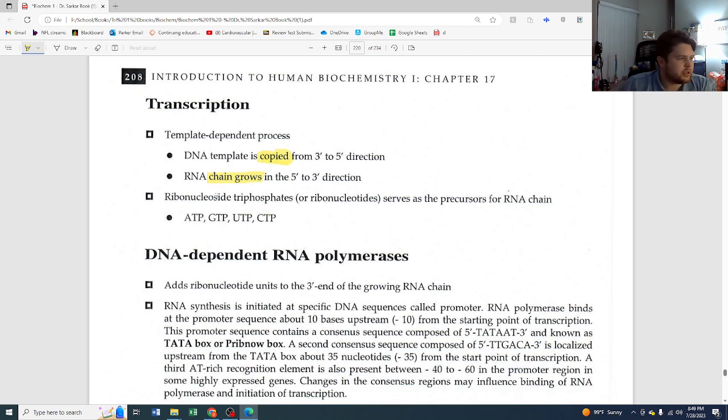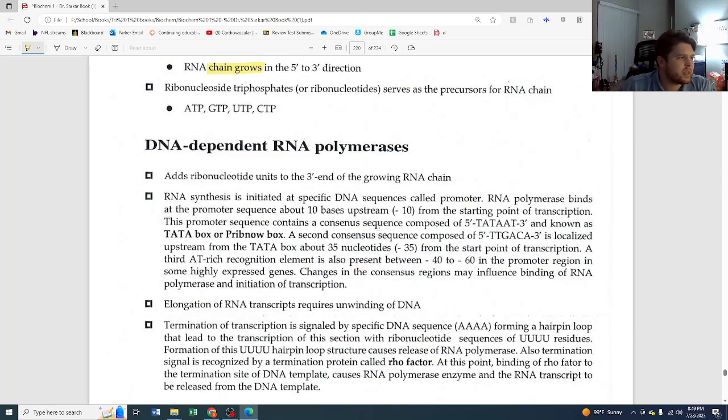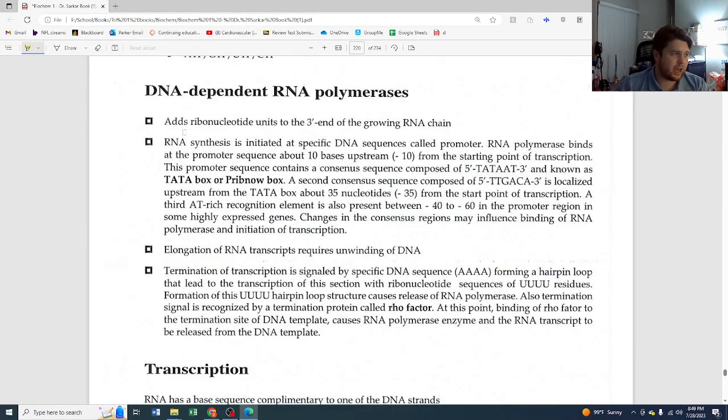So the ribonucleoside triphosphates, or the ribonucleotides, serve as the precursors for the RNA chain. Again, that's the adenine, guanine, uracil, and cytosine. DNA-dependent RNA polymerases add ribonucleotide units to the 3' end of the growing RNA chain. RNA synthesis is initiated at specific DNA sequences called promoter